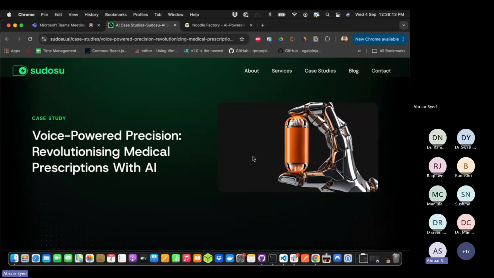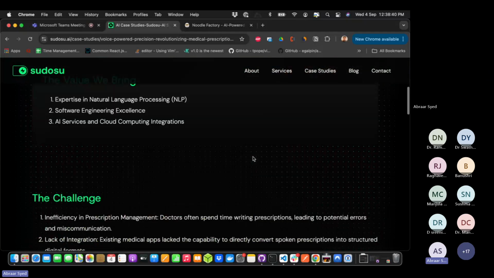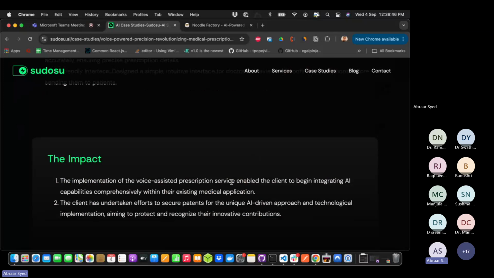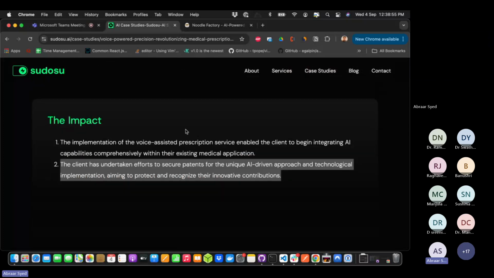So now the doctor doesn't need to write the medical prescription. The patient doesn't need to worry about handwriting issues and taking the wrong medicine. All this is done digitally, and this can later even be used by companies in the medical sector to automatically deliver the medicines to the patients if they approve it. This also resulted in a paper and the company going forward to securing a patent on this particular approach that we took to solving the problem. So these are some of the important case studies that we worked on.